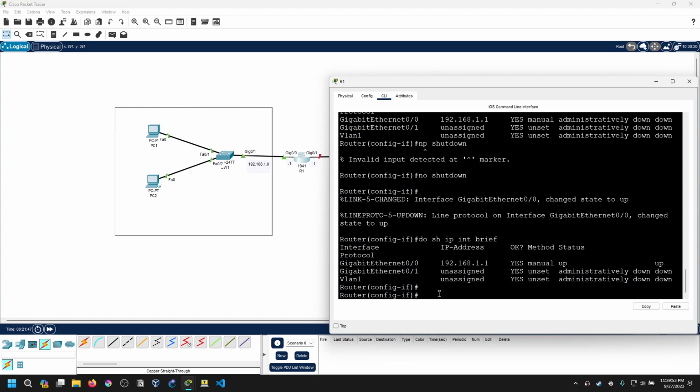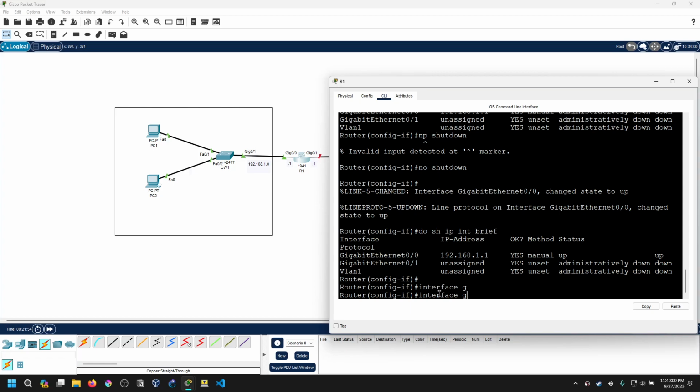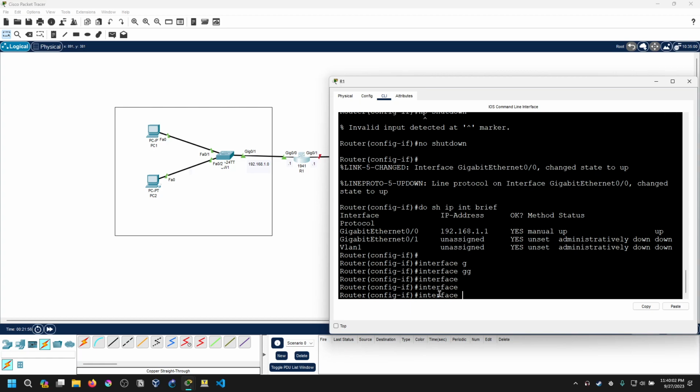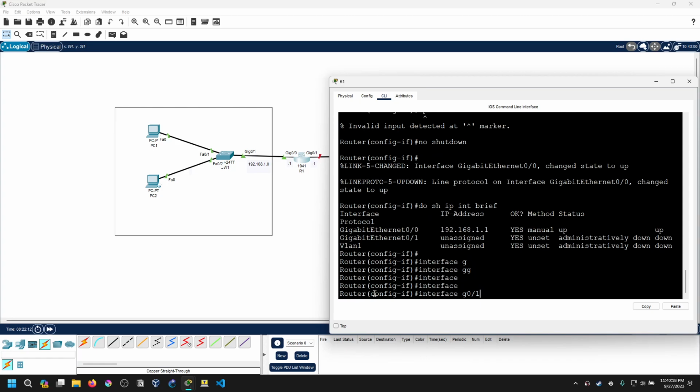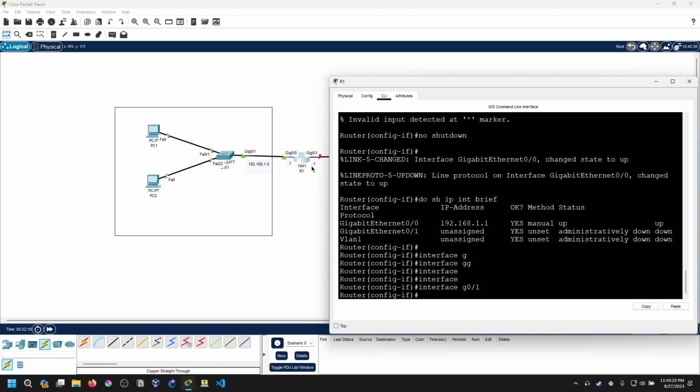So let's go to the interface. Notice how I can be in a certain interface and I can just put in the other interface. You can also shorten it with G and then 0/1 for your interface. When you're in an interface, you could also do this for short. So when you press this, there should be no problems. Now we're in G0/1 and let's go and